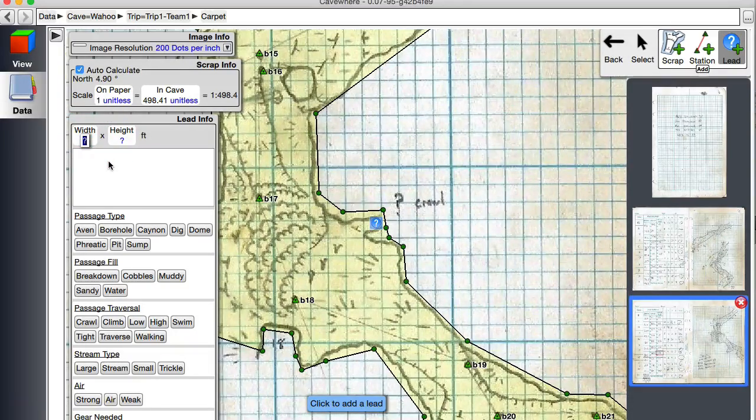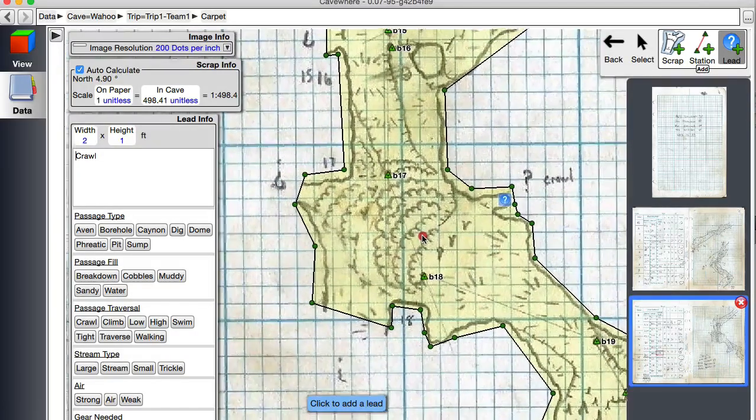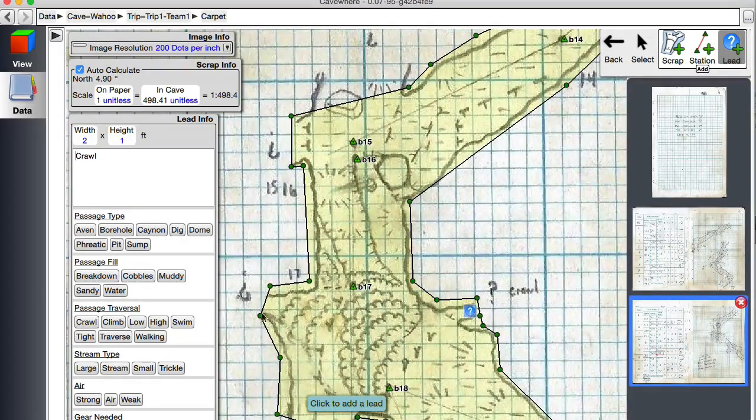So the height and width. I know this is probably about 2 feet wide and 1 foot high, and it's a crawlway. Now, if this was a survey that we just went out and surveyed, we have a bunch of other leads here, and so you could select here